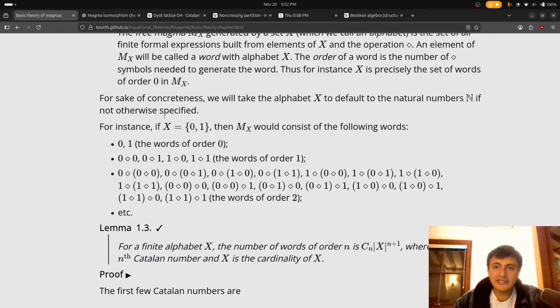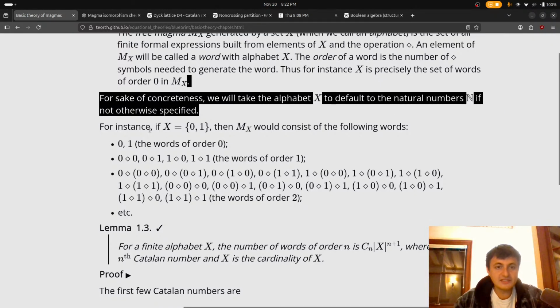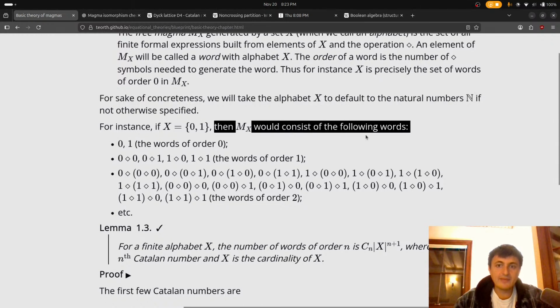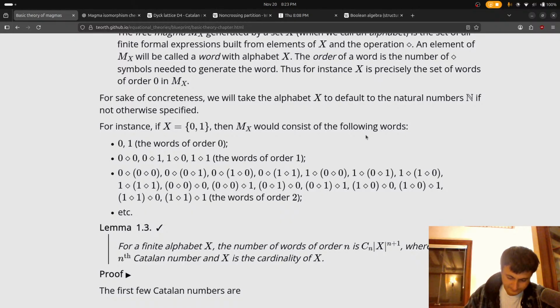All right, but here's where I get a little confused. Okay, for the sake of concreteness, we will take the alphabet to default to the natural numbers. For instance, if x is equal to the set 0, 1, then mx would consist of the following words. Okay, so I'm gonna write down this example too. Example mx: take x to be equal to 0, 1, then order 0, we would have 0, 1.